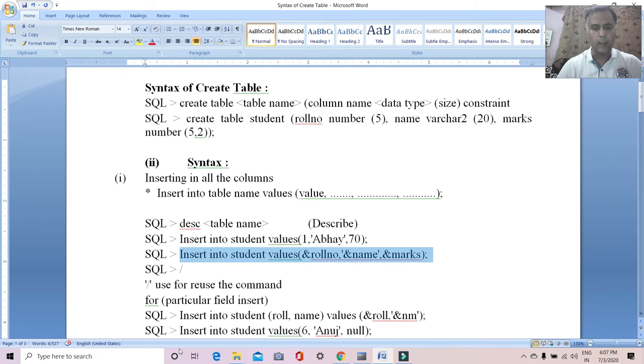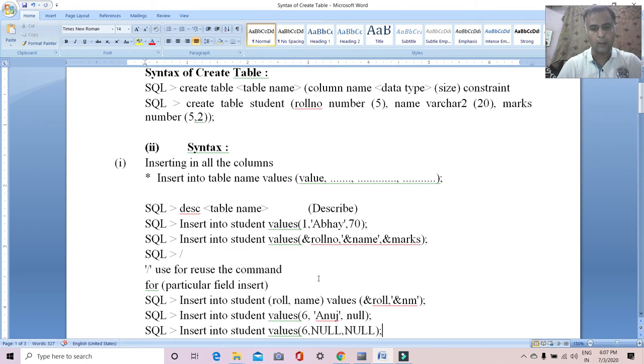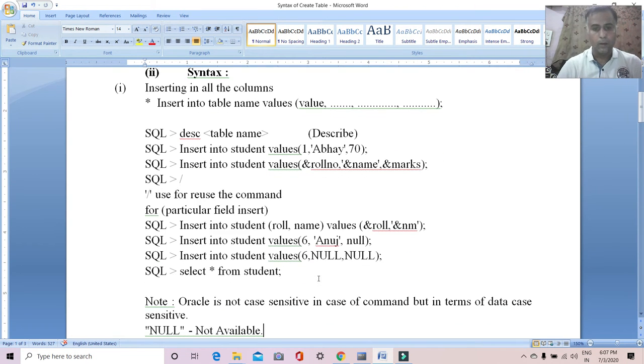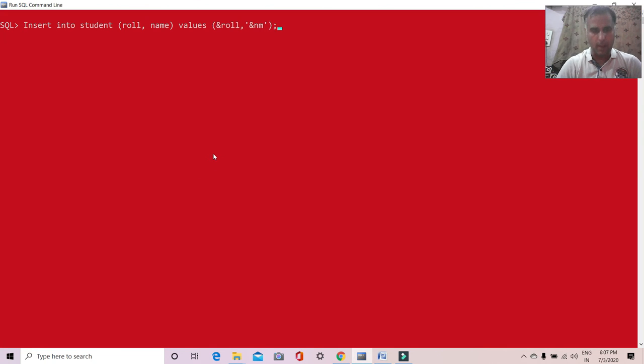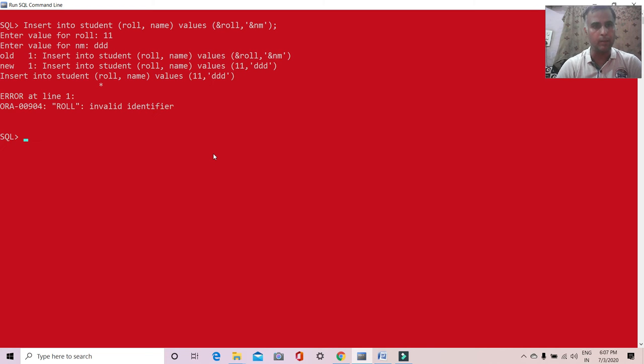Suppose you want to enter only the two columns, so you can use this way: insert into student roll number and name values, so that only two values will be entered. So enter, we have entered the roll number, suppose 11, name is suppose DDD. So what is the error?